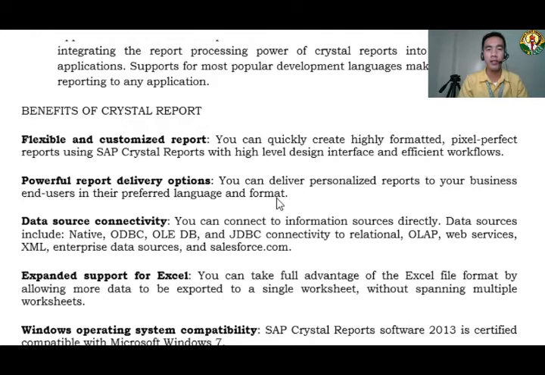Okay? So you can create flexible and customized report, pixel-perfect reports. Hindi siya pixelated. Kung ano yung gusto mo, kasi para kang nagpe-print lang ng Microsoft Word. Okay? Kung anong report na gusto mo, yun ang gagawin niya. Flexible and customized report. Customized report. If you want to create a report